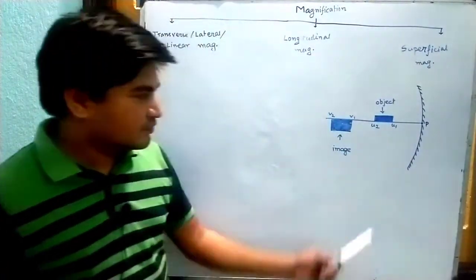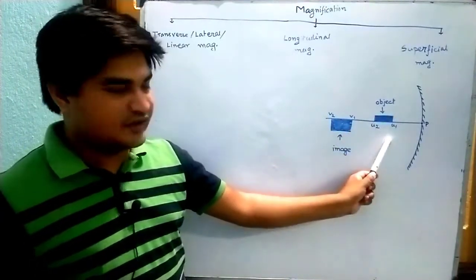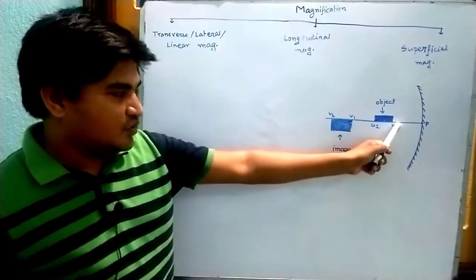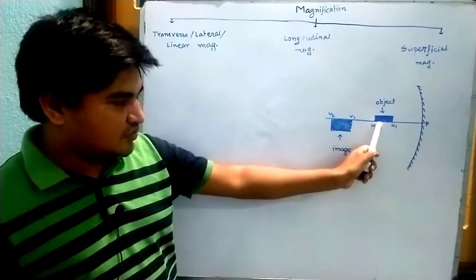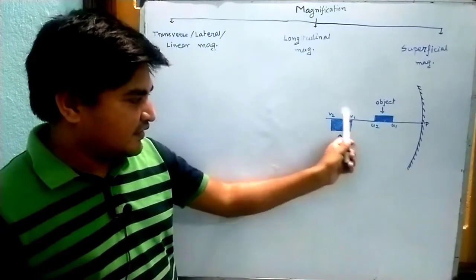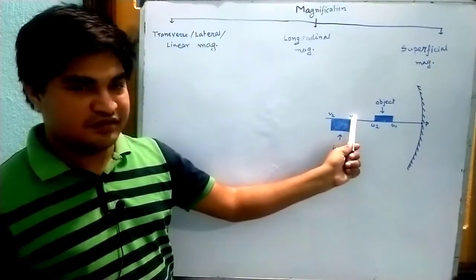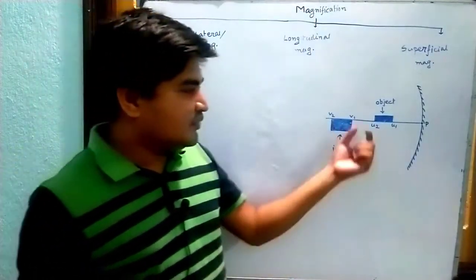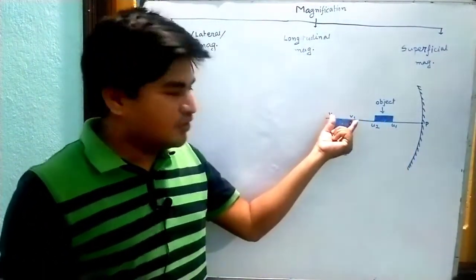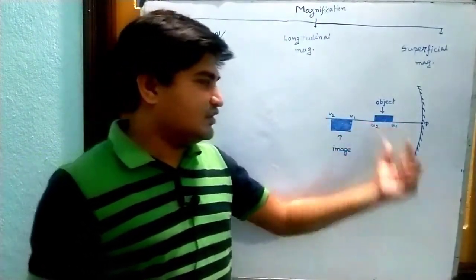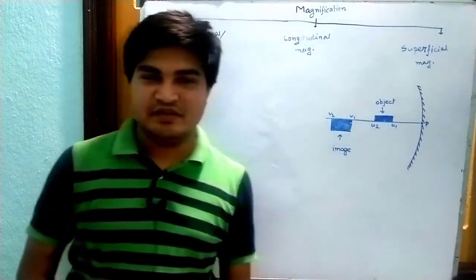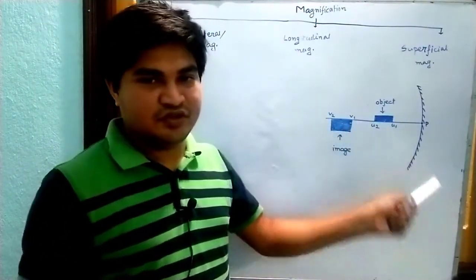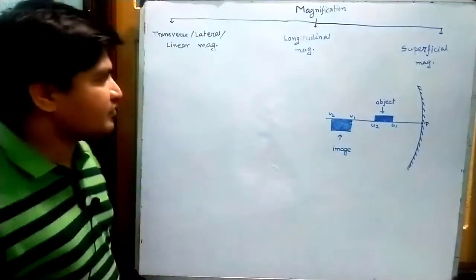So here let's consider this is the object, a large object. u1 is the distance of this point and u2 is the distance of the far point, and this is the image, and this distance is v1 and this is the distance v2. So the image length is v2 minus v1 and the object length is u2 minus u1. So here the longitudinal magnification is defined as the length of the image to the length of the object. So we can write